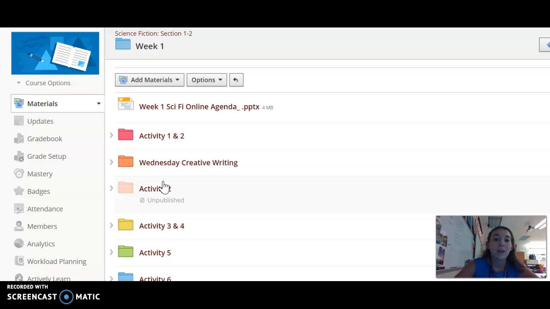So, as you can see, we have different activities. The activities should go in order. And on Wednesdays, specifically, we have creative writing. Every week on Wednesdays, we will have creative writing, and there will be multiple different writing prompts for you to choose from, usually 3 or 4, and you are choosing one of them to respond to. Along with the writing prompt on Wednesdays,